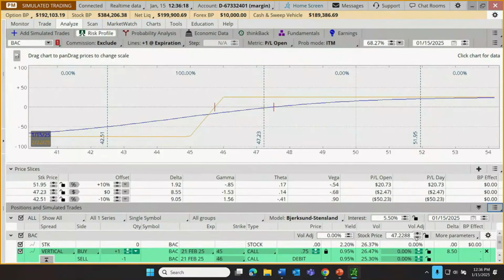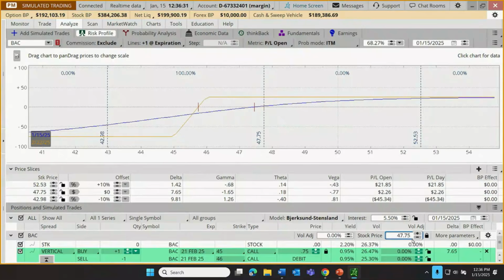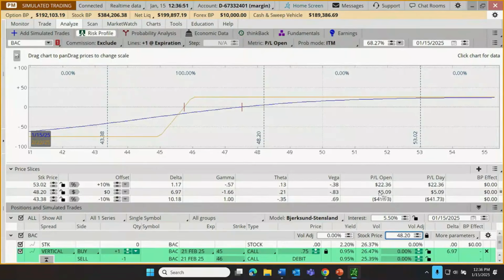Now let's start to assume that our stock price starts to go up. Let's say we go from $47.22 up to $47 and who knows, 75 cents. Let me just enter that in here. And what you'll notice is the trade assumption here, the profit or loss since we opened the trade, has gone from a loss of $2 to a gain of $2. So this is starting to show us how our trade would likely perform if our stock price starts to go up. And we can keep clicking the plus sign to keep dialing that up, and you'll see the profit scenario for our trade going up.